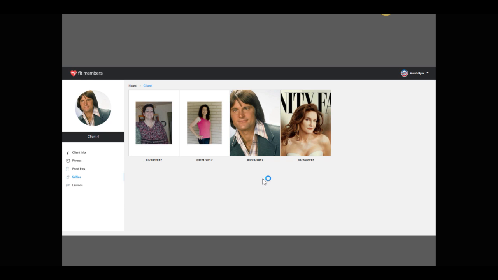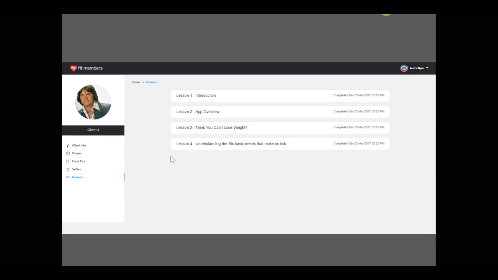This is kind of a funny one I threw in here with his before and after picture, which was an amazing transformation. Anyway,